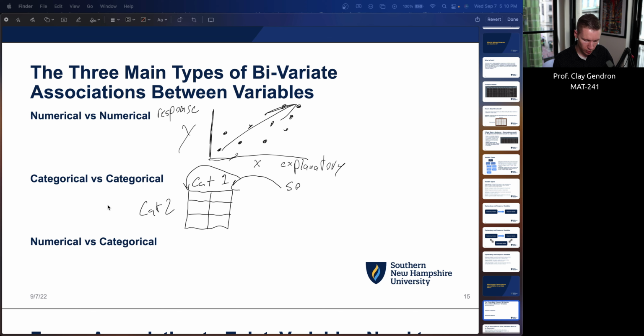Let's do this column as yellow, and then let's do this one as blue. So for category 1, we have people that maybe like to wear yellow, and we have people that like to wear blue, let's say. Now, if we didn't see any relationship between category 1 and category 2, then we would see a pretty uniform